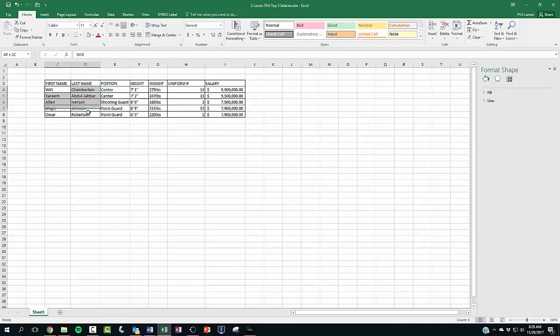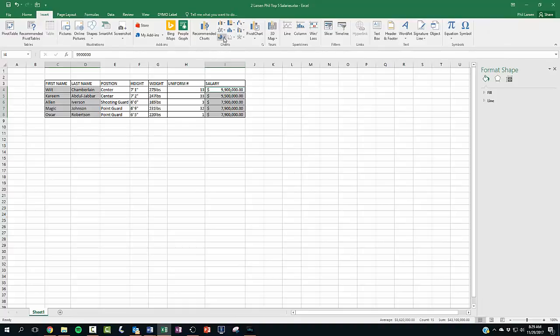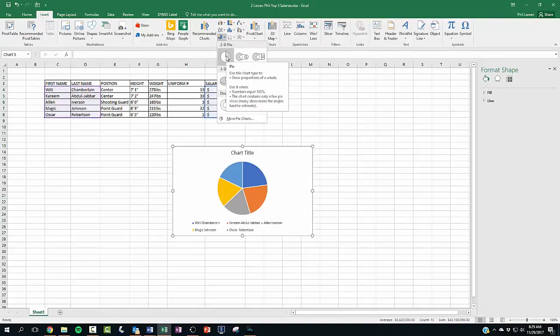And I'm going to show you how to select their first and last name and this information right here, their salary, at the same time. First, I'm going to highlight these, and then I'm going to hold down the Control key and highlight this over here. And you see, we did not get any of this information in here. So we got first, last name, and salary, and now we can go to Insert, Charts, and I'm going to select this one right here.